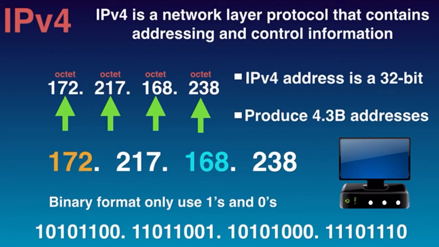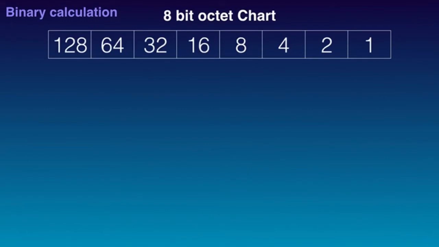But the question is, how do we get this binary number from this IP address? Well, it's not too complicated. Let's see how it works. An IP address is made up of 4 sets of 8 binary bits called octets. Bits in each octet are represented by numbers. Starting from the left, the first bit has a value of 128, then 64, and so on. Each bit in the octet can be 1 or 0. If the number is 1, then the number it represents counts. If the number is 0, then the number it represents does not count.